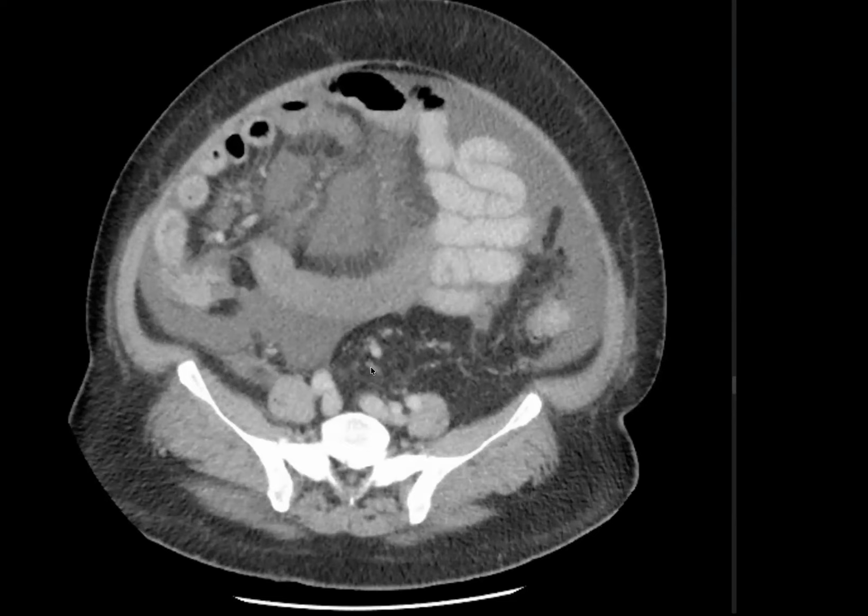The ileal loop is appearing. It shows diffuse wall thickening, and the enhancement is